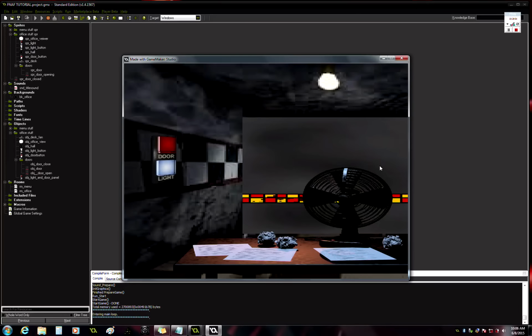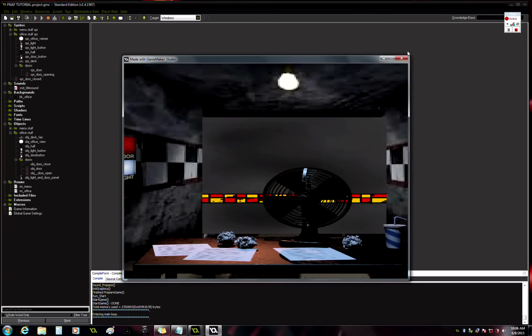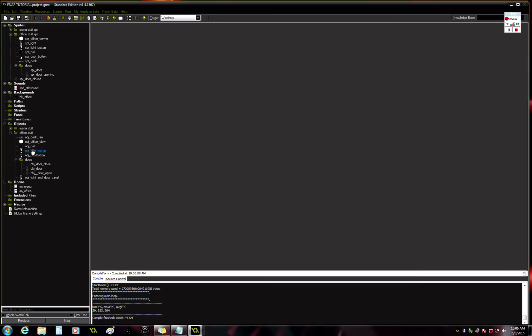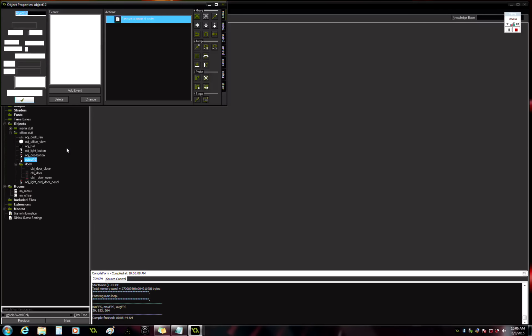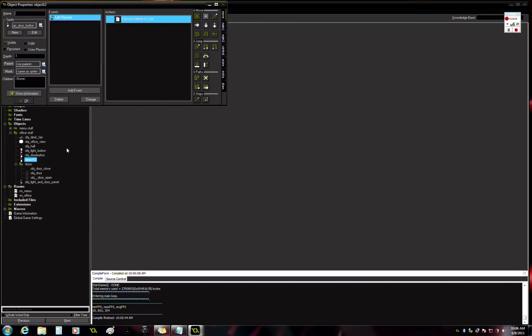See, crappy light there, but now the door closes, and then we need a second one here, OBJ door button open, and when it'll activate door